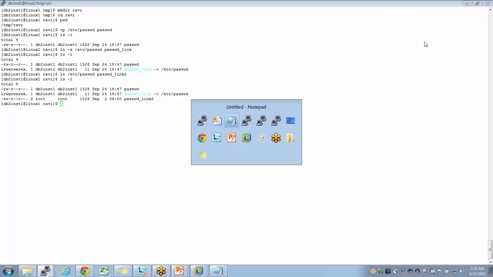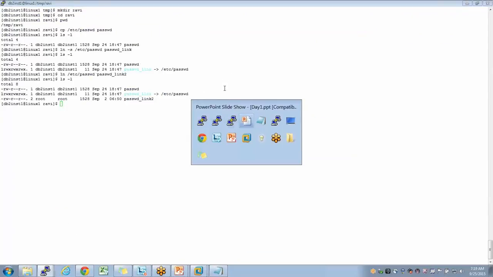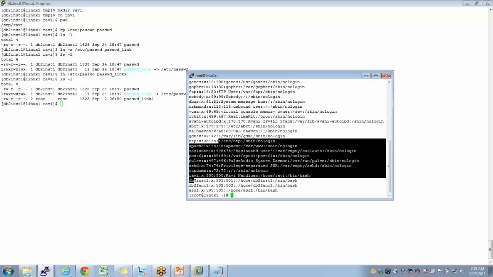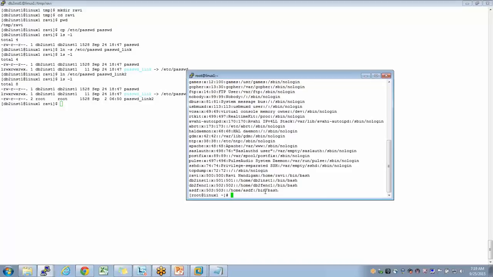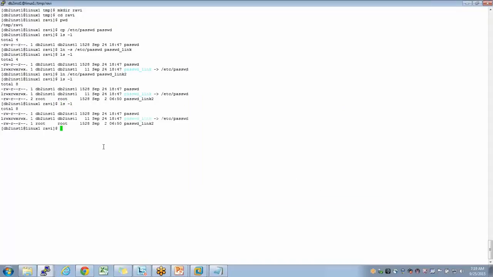Now for example, if I log in as root, where is my root command? Okay, if I do useradd ASDF, useradd is a command which will add a new line to /etc/passwd. A new line is added at the end. So when I say ls -l /etc/passwd, the file size has increased from 1528 to 1565, right? Now let's do ls -l here.